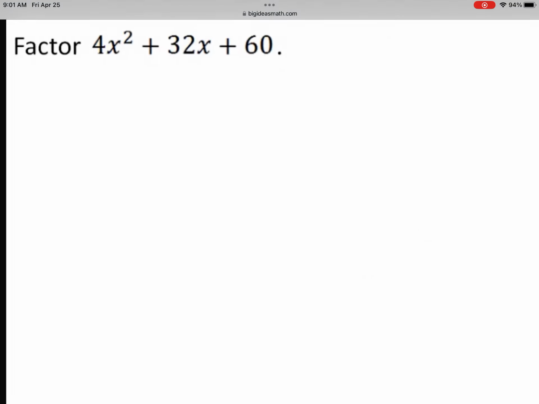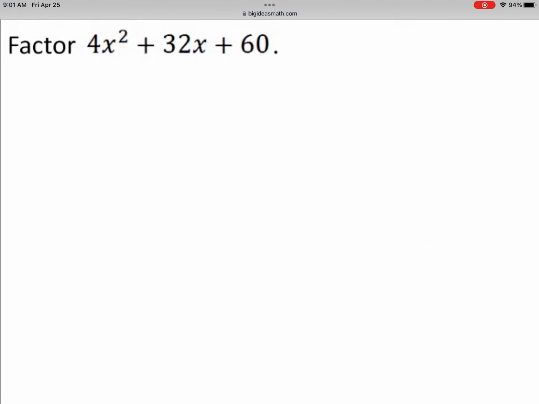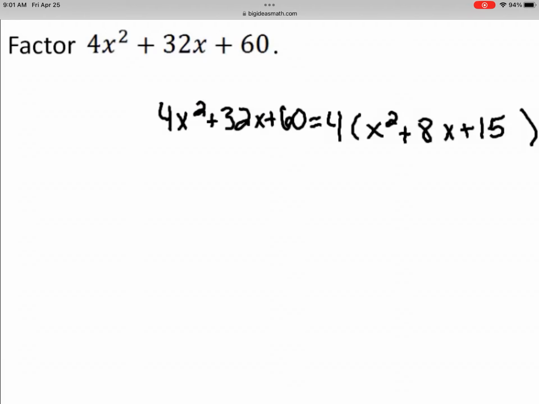Factor 4x squared plus 32x plus 60. Notice that the greatest common factor of the terms 4x squared, 32x, and 60 is 4. So you can factor the greatest common factor out of each term, giving you 4 times the quantity x squared